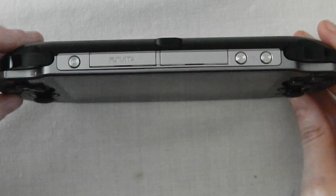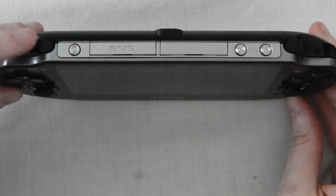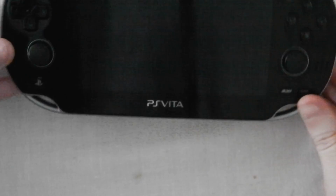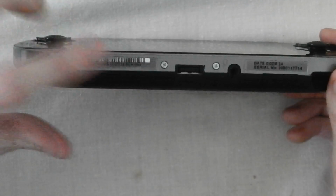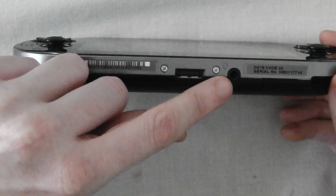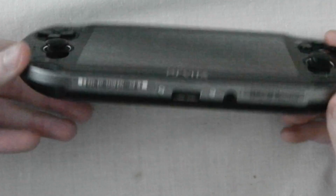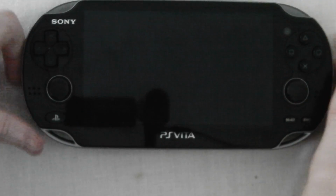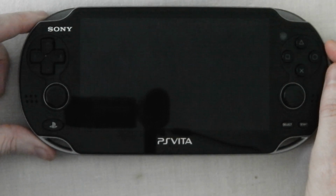So we've got the on button here, and we've got the right shoulder button and the left shoulder button. The sides are blank, and then on the bottom we have the charger, and we have the microphone and headphones jack there. So it doesn't have a HDMI,